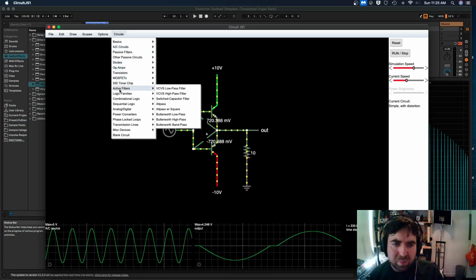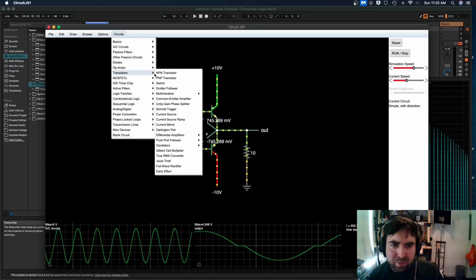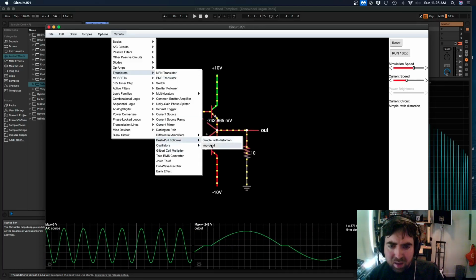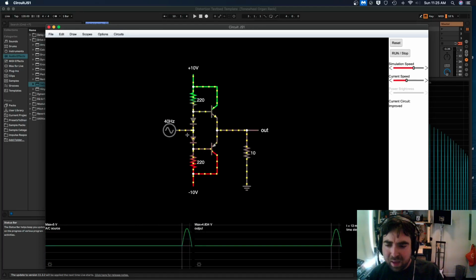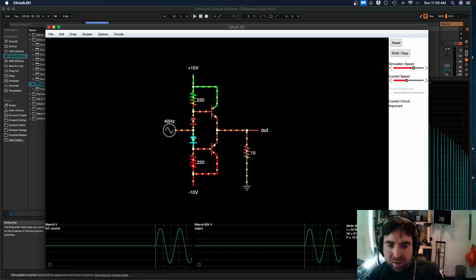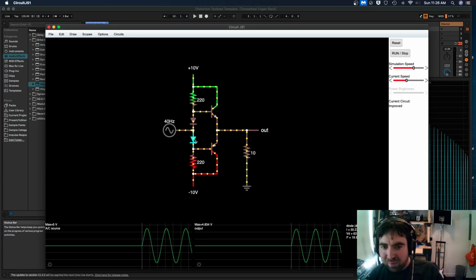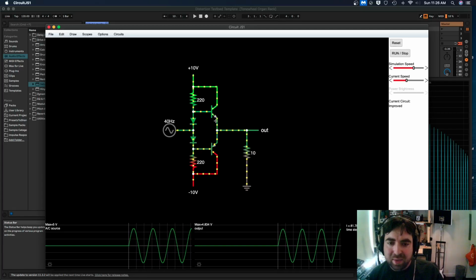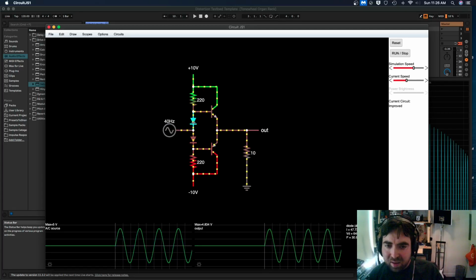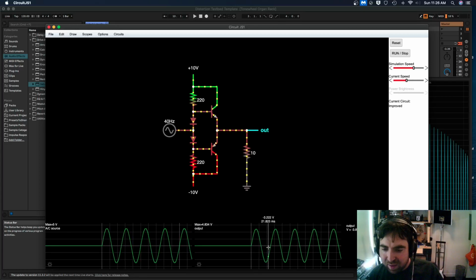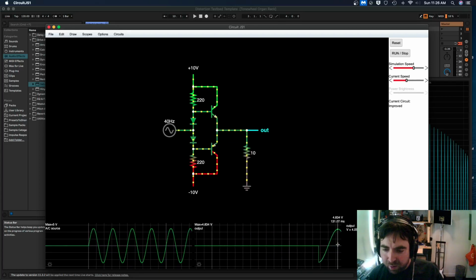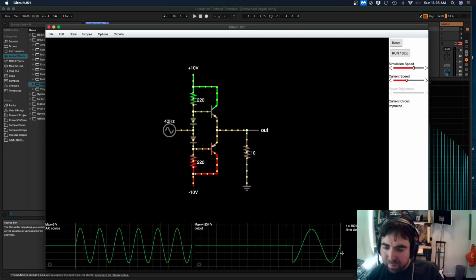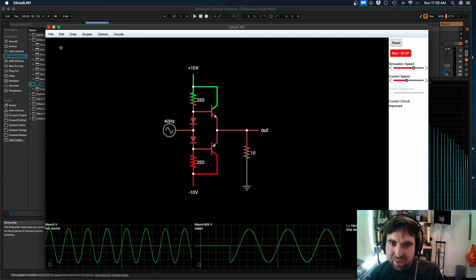Then there's a type of amplifier that improves on this, called a class AB amplifier. So here you have two diodes. Now they have approximately the same voltage drop as this transistor junction, so it compensates for that, and you can see the distortion on the output is basically gone away. While it's technically a flaw, you might want to model